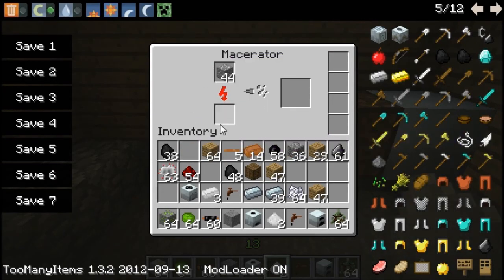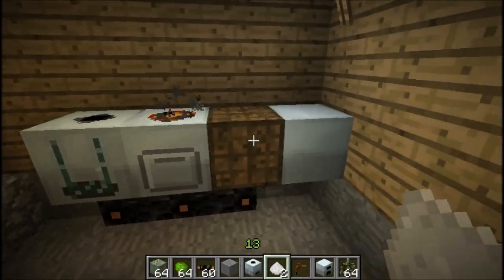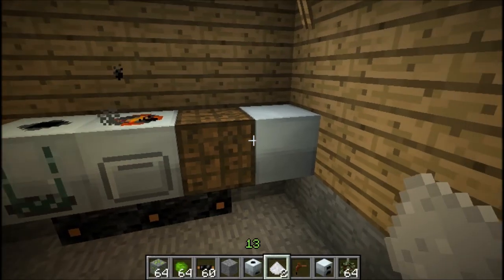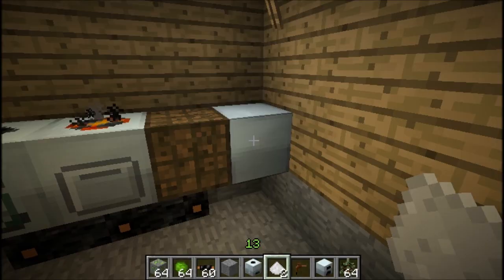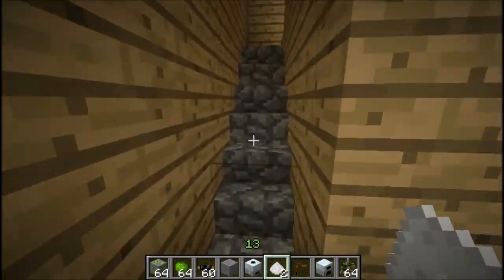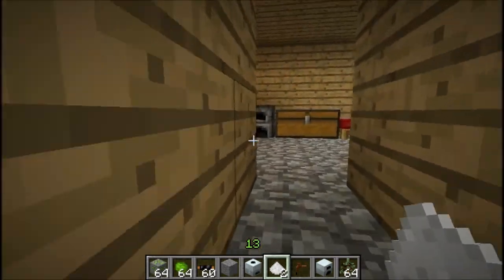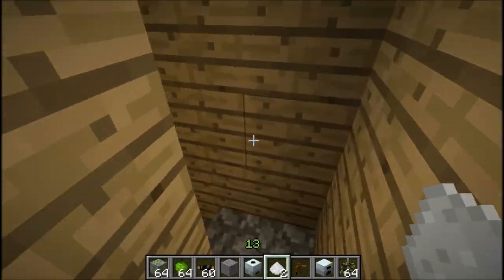So if I just stick more stuff being macerated, the stuff being extracted into rubber, that goes down. If you didn't have a generator here, then you wouldn't have any power to run it. It will take forever, but just because I do have this generator, it helps lots. But eventually you progress a bit more through the game, and you can eventually make, using your extractor, no, sorry,